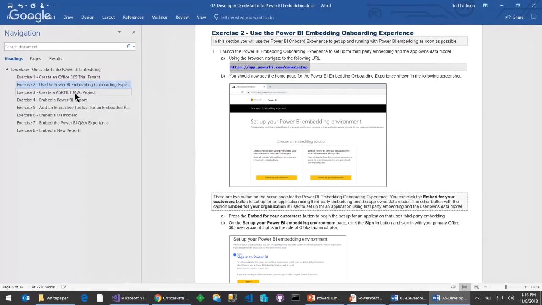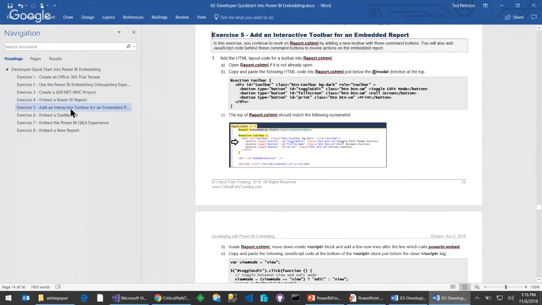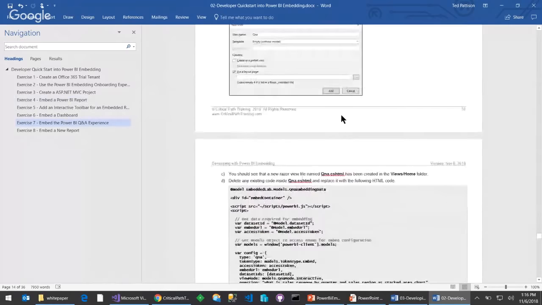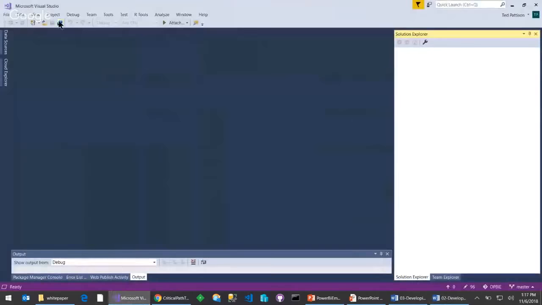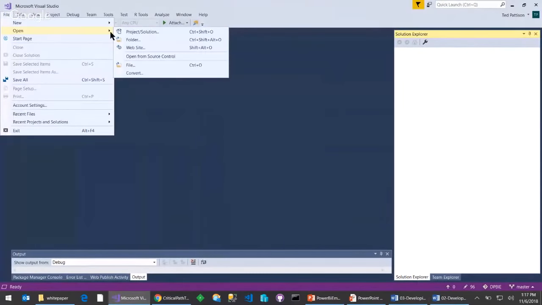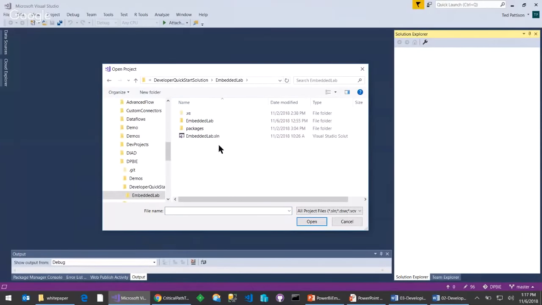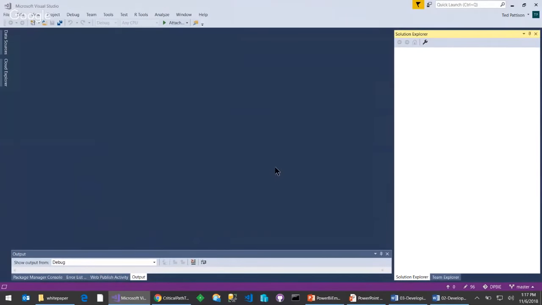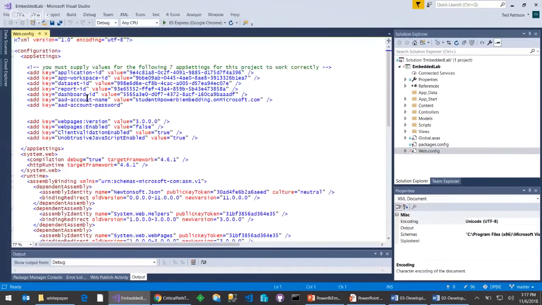But then it takes you through the steps of creating an ASP.NET MVC project from scratch and just coding in all the different pieces. So you're going to spend about an hour building an application. Let me show you what the application does when you're all done. And there's also a solution, so if you just want to open up the solution right here, note that along the way, you're going to be taking all kinds of GUIDs for application IDs, data sets,